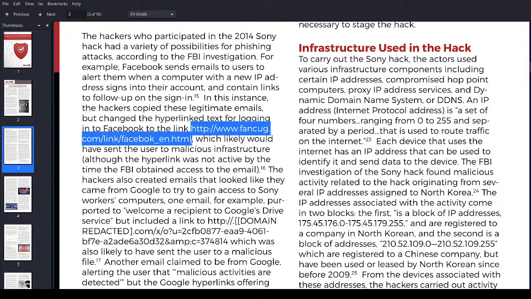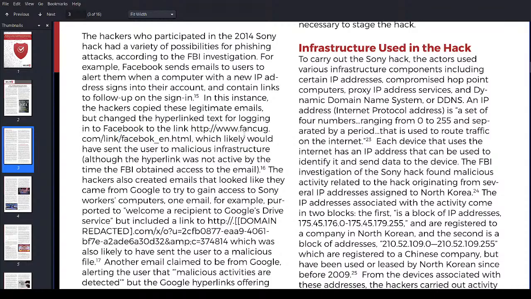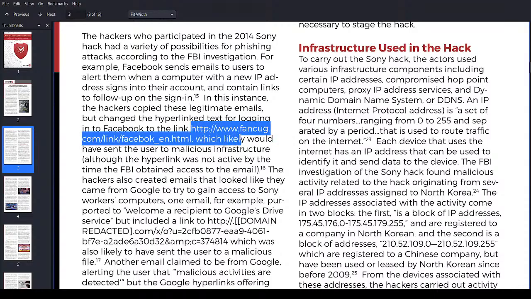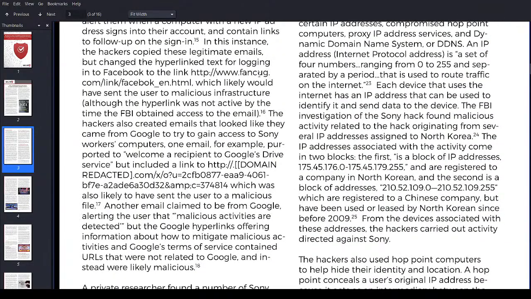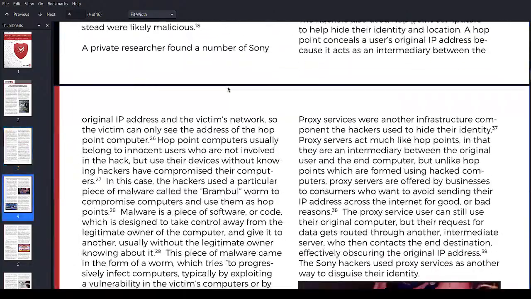For example, this is a perfect example, as you can see here, right? So somebody downloaded the login for Facebook, but this doesn't mean that this is Facebook. This is the actual domain, but it'll look like the original Facebook login. So hackers will set up domains that kind of look like Facebook or sound like Facebook, but it's not. It's this Funkug. I don't even know how they mistake that. I guess looking at FA, they just assumed, oh yeah, that's Facebook. So that's how the guy got hacked.